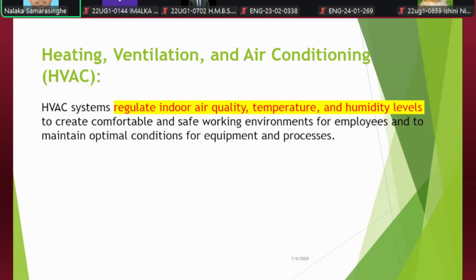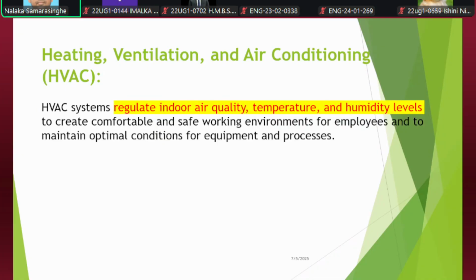So this is the next utility system available in most of the organizations and manufacturing facilities. The abbreviation HVAC is familiar to you, I guess. That means heating, ventilation, and air conditioning. Mostly we consider air conditioning systems and equipment available in various organizations, manufacturing plants and commercial buildings. So this HVAC system